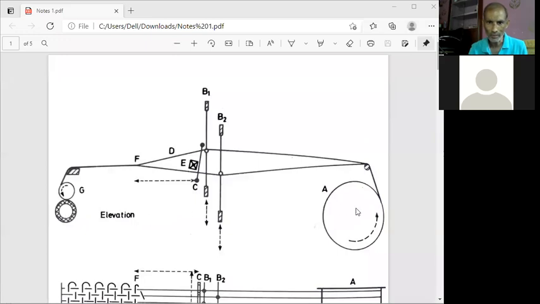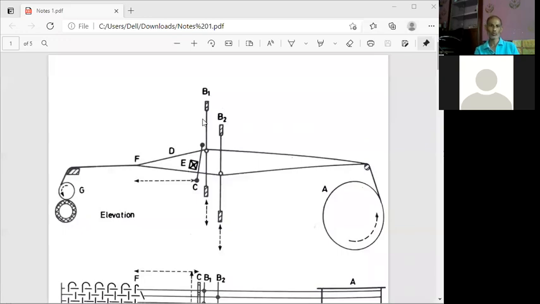So these warp threads are converted into cloth by interlacing with the weft threads here in this weaving area. Weaving area means where the weaving is taking place, where the warp threads are interlacing with weft threads. And how is the interlacement taking place? It is taking place with the help of heald frames. Heald frames are the